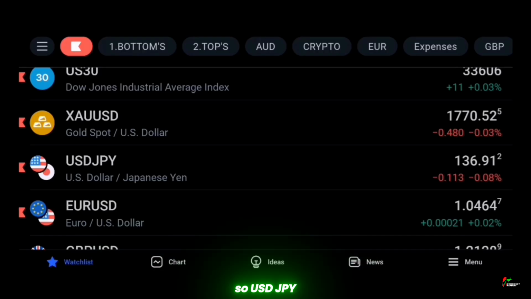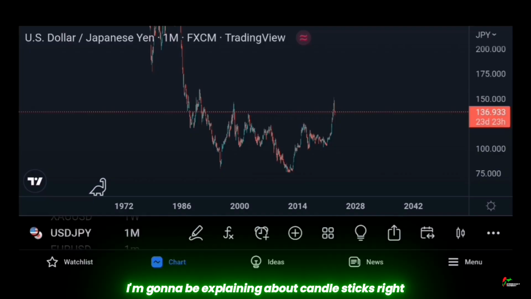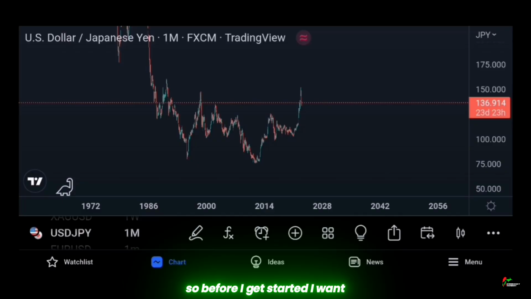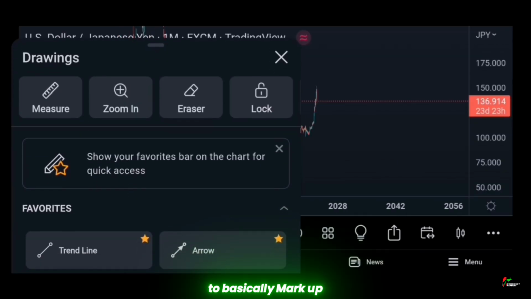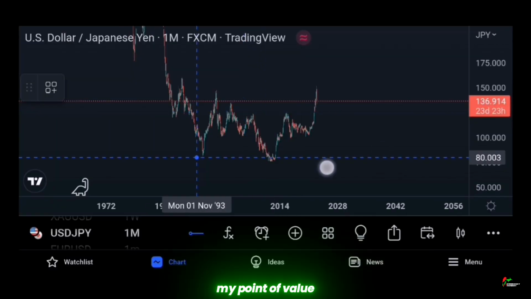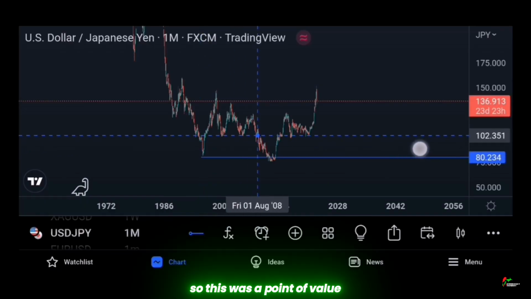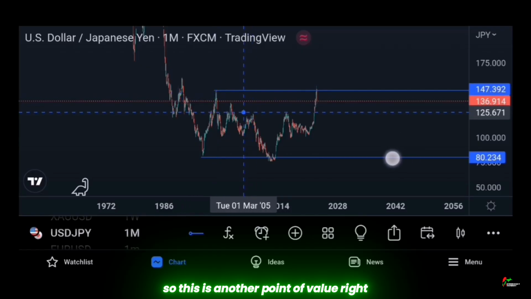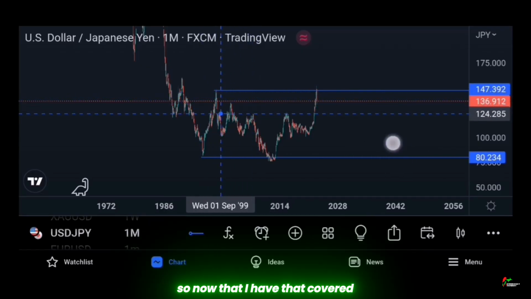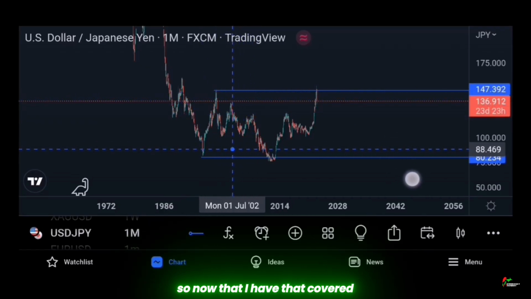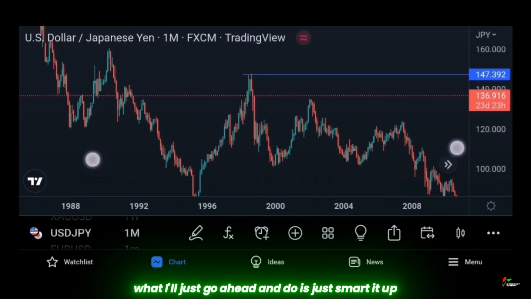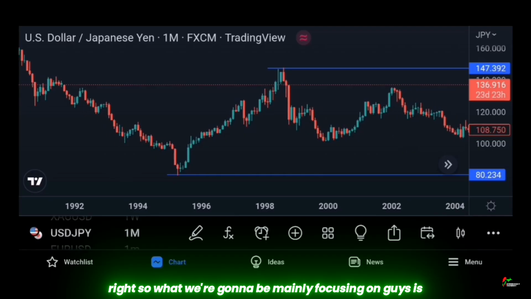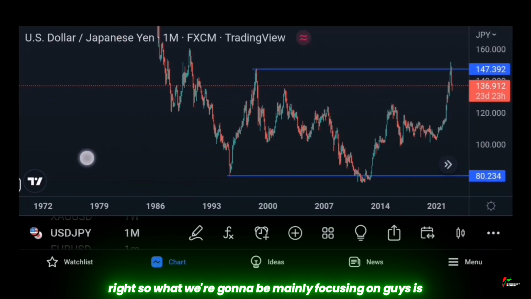So USD JPY, what am I going to be doing? I'm going to be explaining about candlesticks, right? Before I get started, I want to mark up my points of value. So this was a point of value, and this is another point of value. Now that I have that covered, I'll just go ahead and smart it up. So what we're going to be mainly focusing on, guys, is